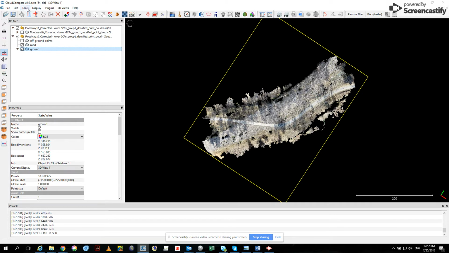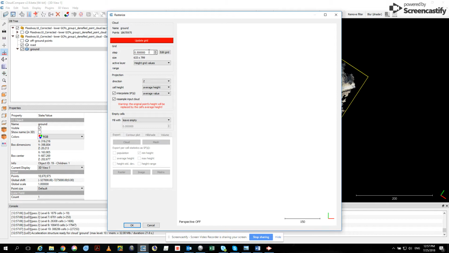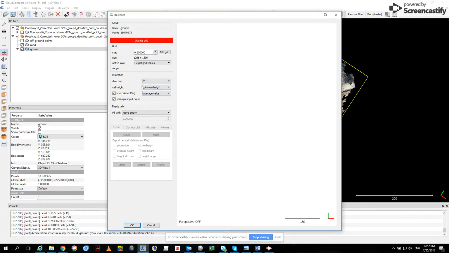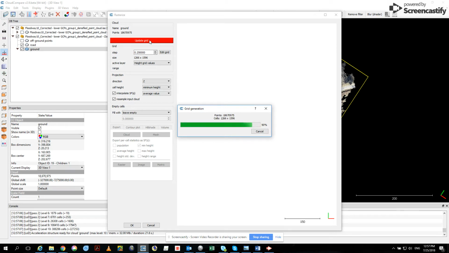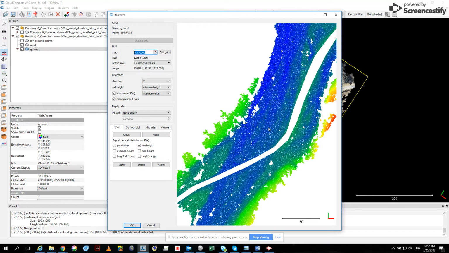If I go to tools, projection, rasterize, if I pick a reasonably tight grid of 0.25 meters, and I want to make sure that I'm leaving the gaps empty, I actually want to select the minimum height for the cell height within that grid, and I update the grid,